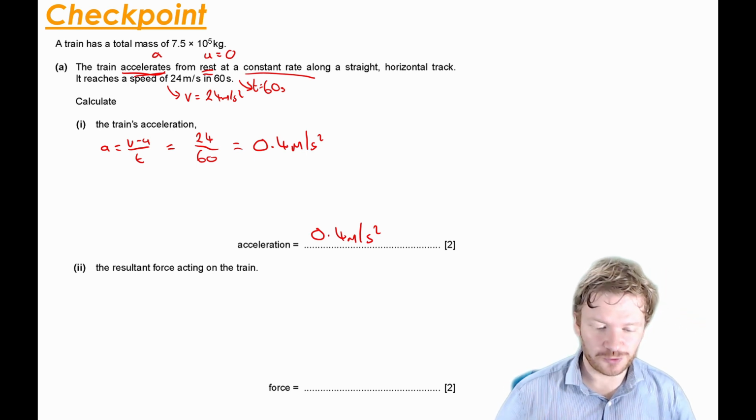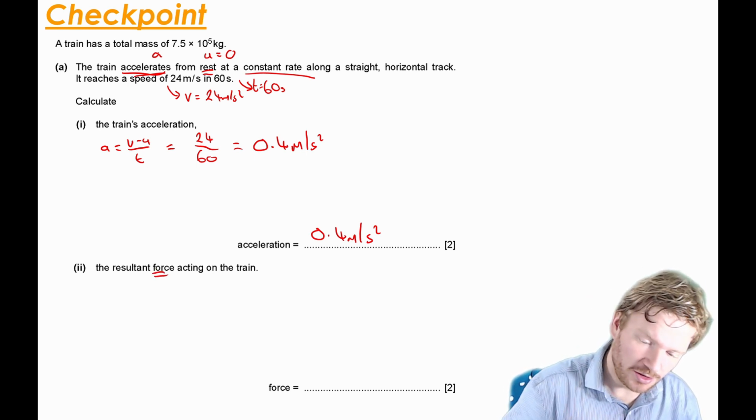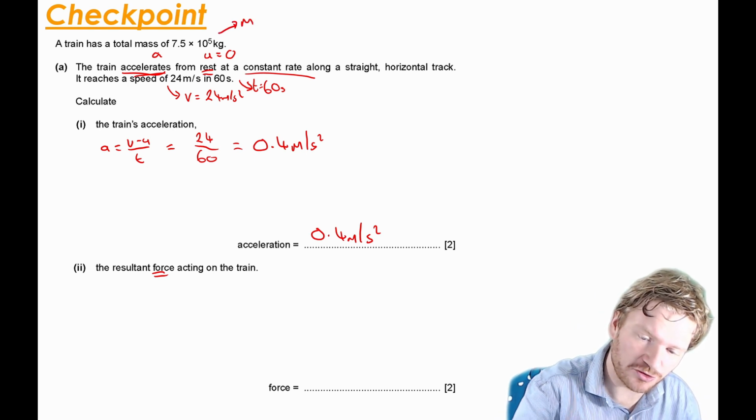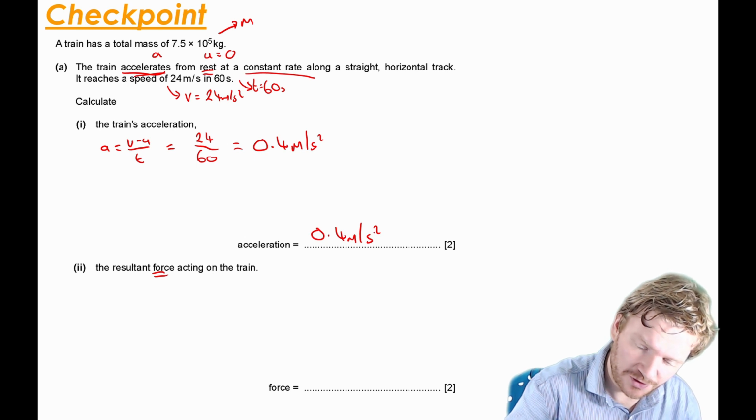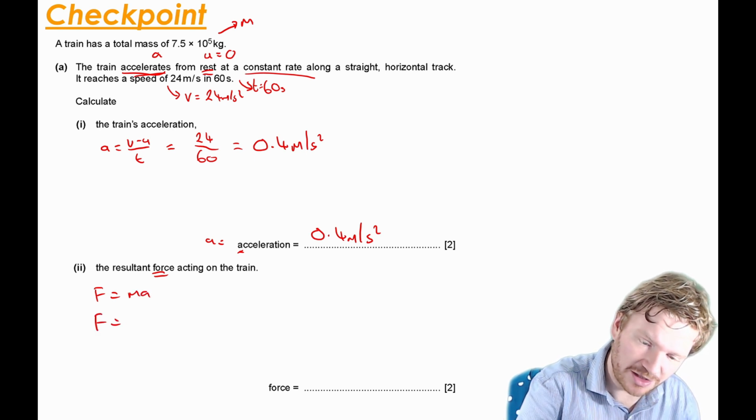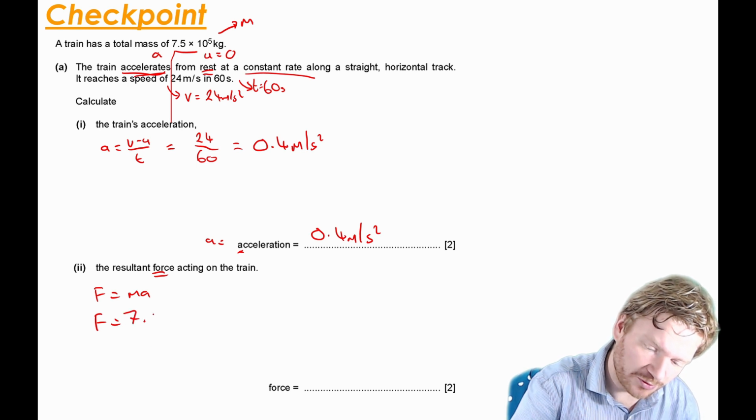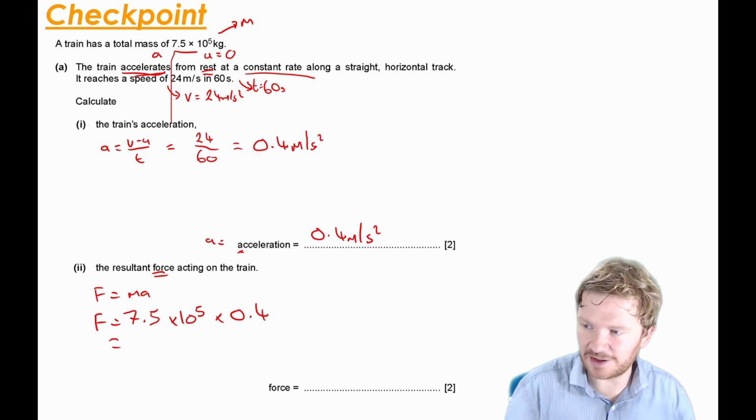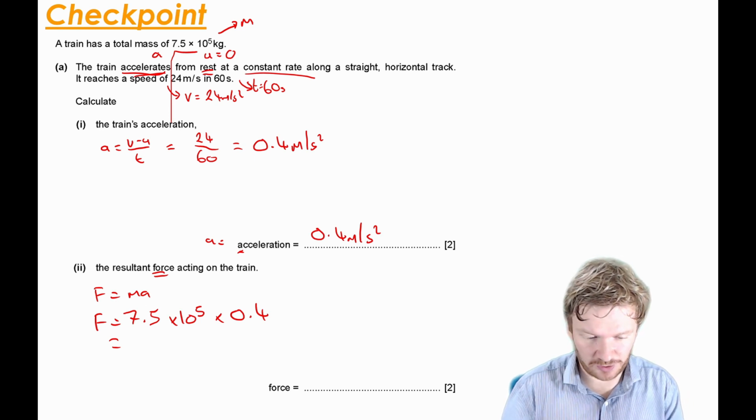And then asked for the resultant force acting on the train. Now over here, I was given the mass of the train, m. So now I have a. So now I can use force is equal to mass times acceleration. So my force is equal to my mass, which was up here. So that's 7.5 times 10 to the 5. And I'm going to multiply that by my acceleration, which is 0.4. And again, just grab my calculator. So that comes to